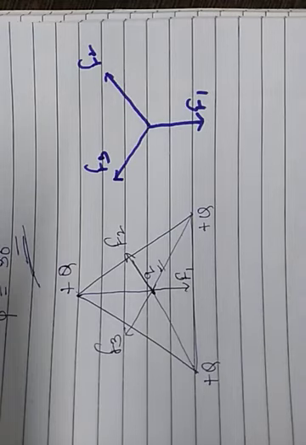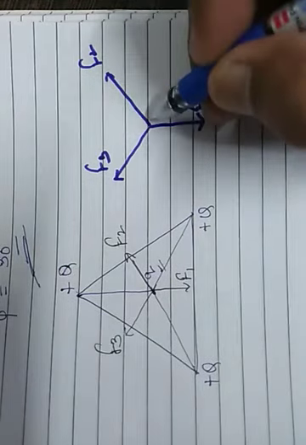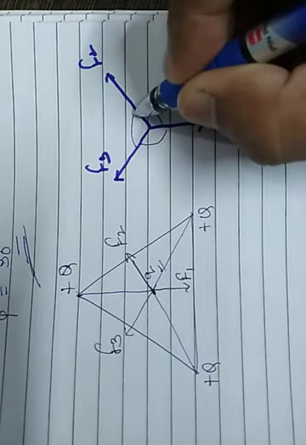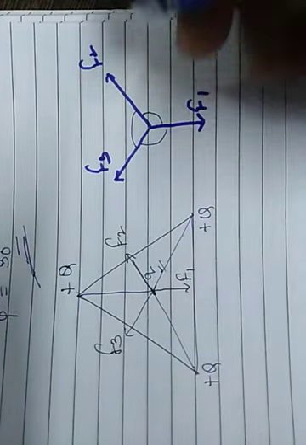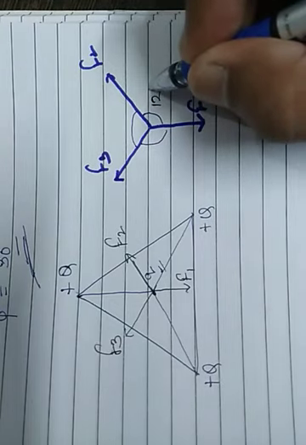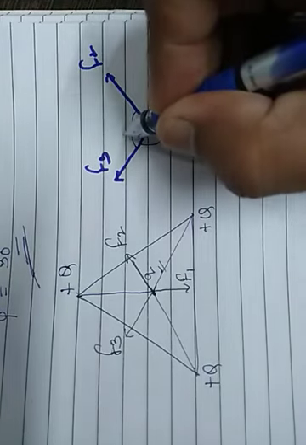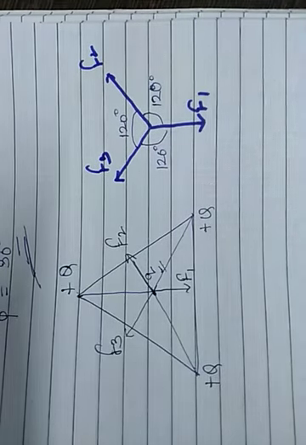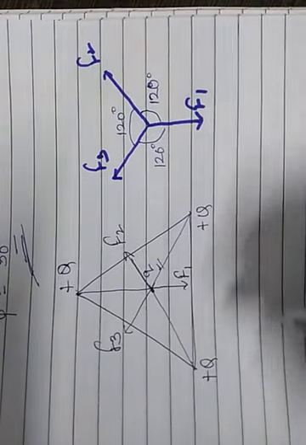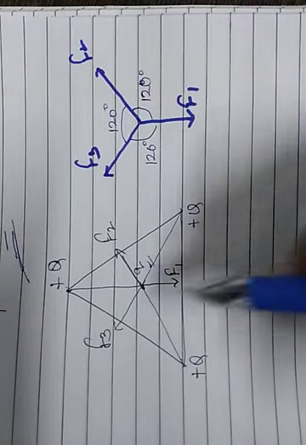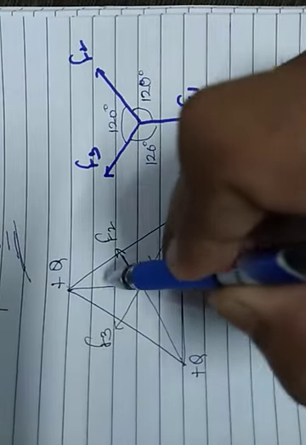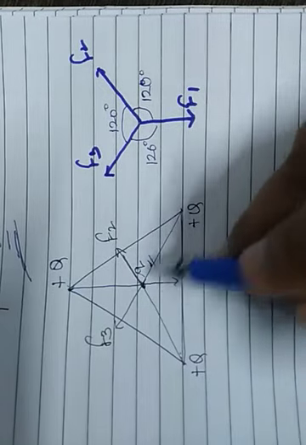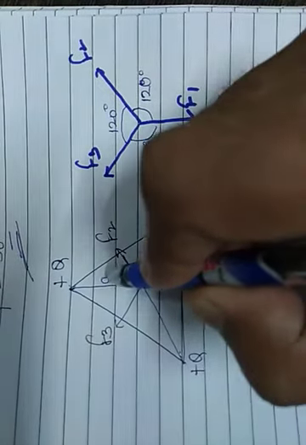Now all the angles, from the symmetry, we can see all the 3 angles are equal. So all 3 angles will be equal to 120 degrees. Okay. Now if we find the magnitude of F1, if this is the center of the triangle, then this distance and this distance will be equal. Let it be equal to A.